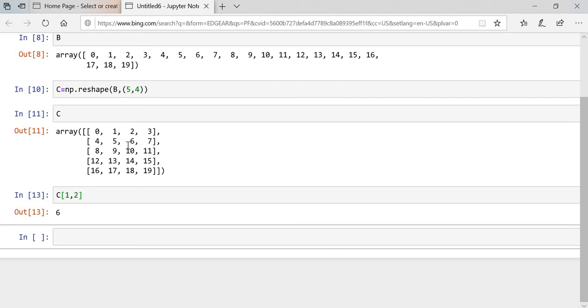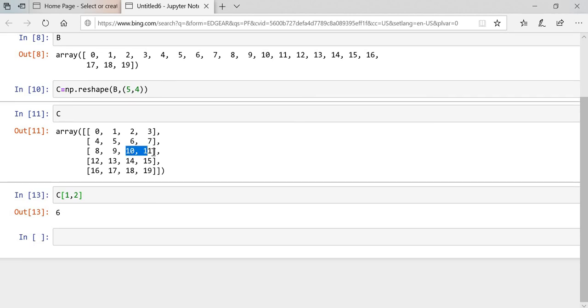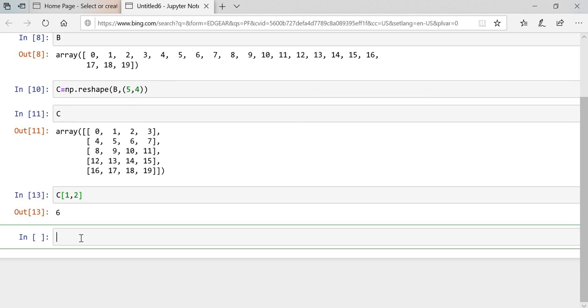If you want to fetch out a 2 by 2 matrix, that is 6 and 7 and 10 and 11, simply you have to give 1 colon 3, I will explain, guys, then 2 colon 4.